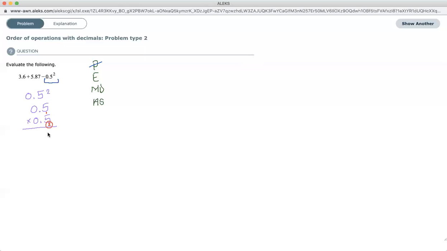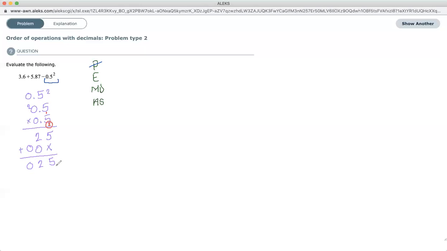5 times 5 is 25. I'm going to keep the 5 and carry the 2. 5 times 0 is 0, but plus the 2 gives me 2. Then I'm going to skip a space or put in a 0. Going to the next digit, I have 0 times 5, that's 0. And then 0 times 0 is also 0. I can go ahead and add now that I've multiplied by all the digits. I end up with